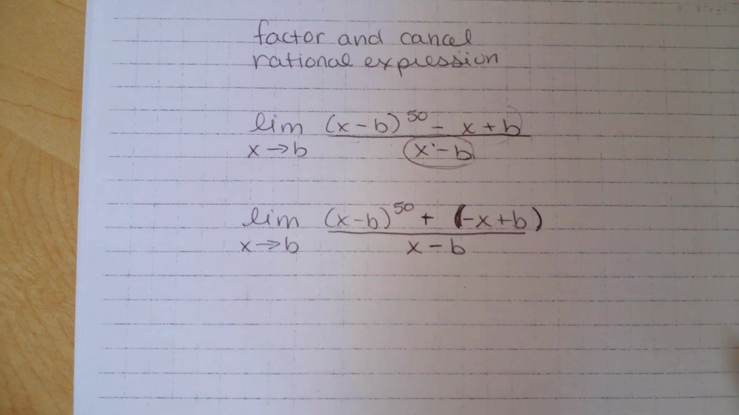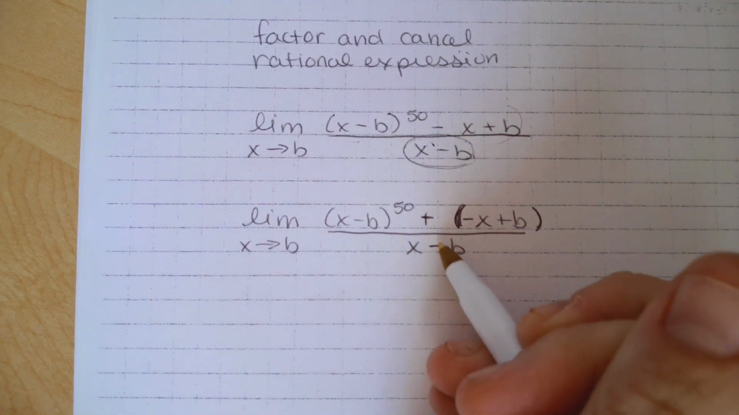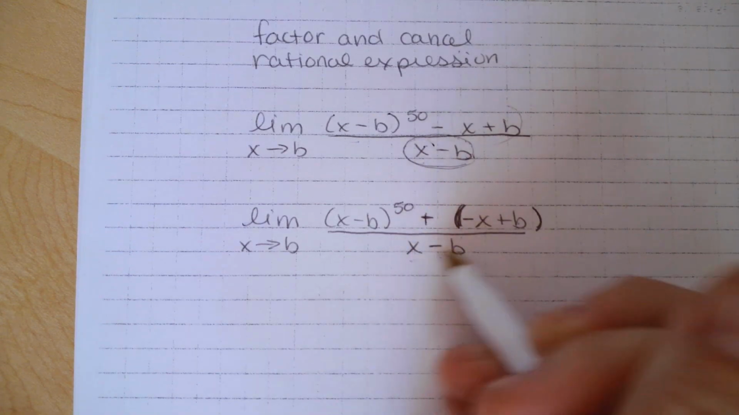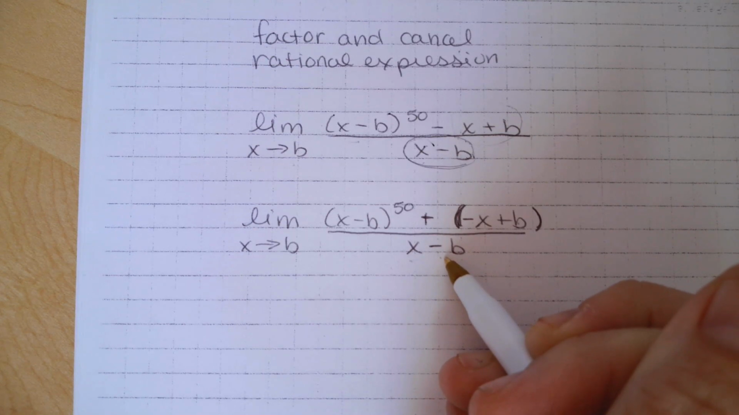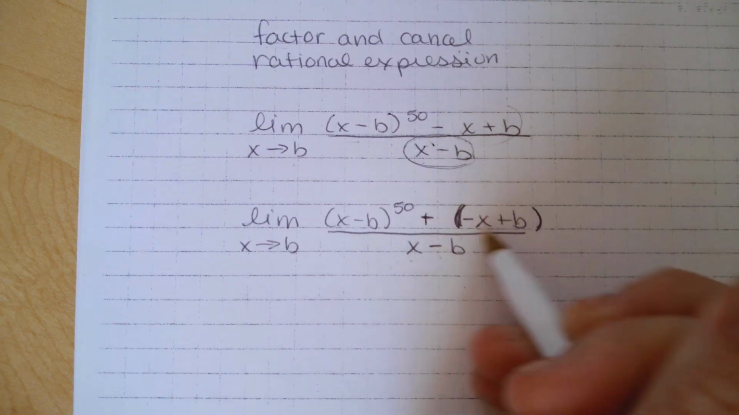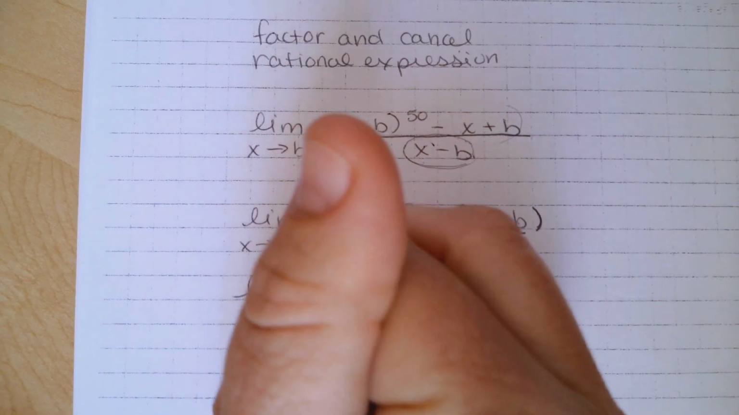Okay, and so I have the opposite of what I have down here. Right up here I have a negative x, I have a positive b, and down here I have a positive x and a negative b. So I'm going to go ahead and factor out a negative 1 from here. So this is going to become the limit